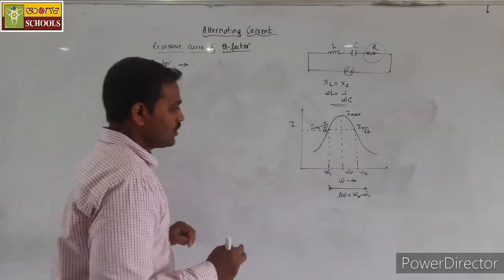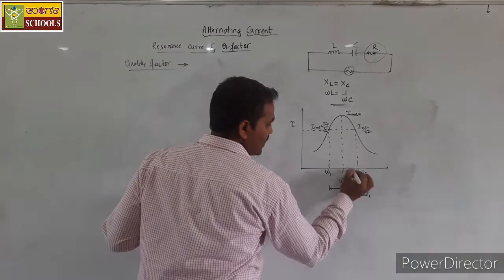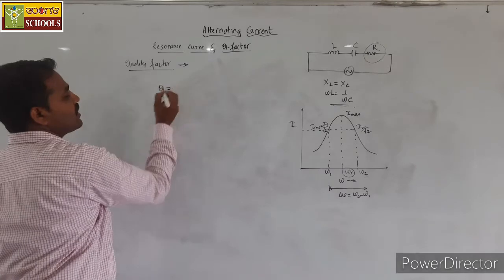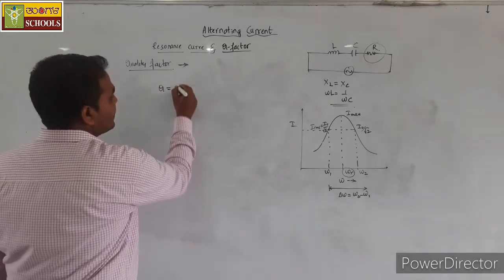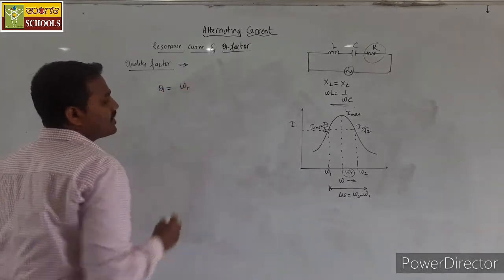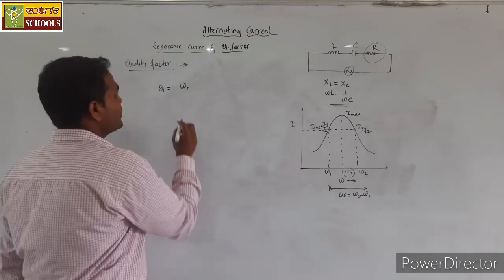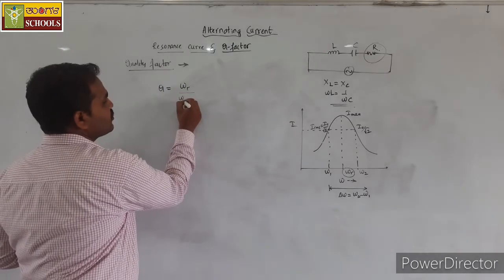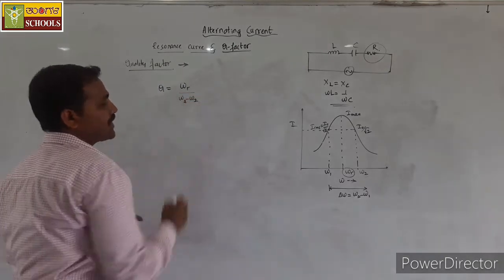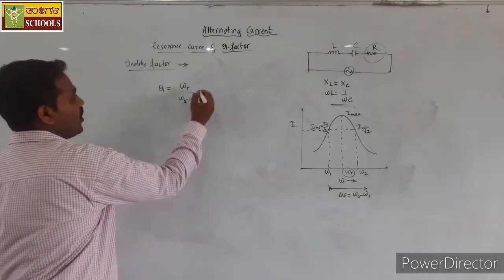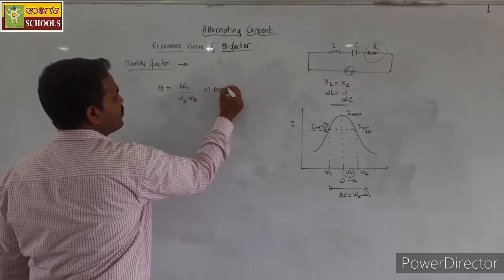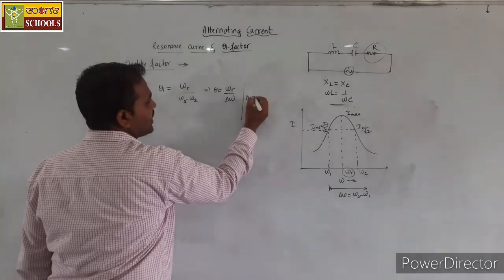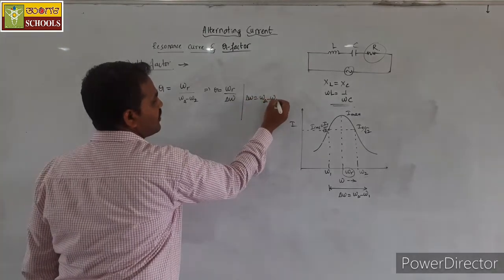Then omega R is the resonant frequency. Quality factor Q is also defined as the ratio of resonant frequency and the bandwidth of a resonance curve, that is omega 2 minus omega 1, or we can write it as Q is equal to omega R divided by delta omega,